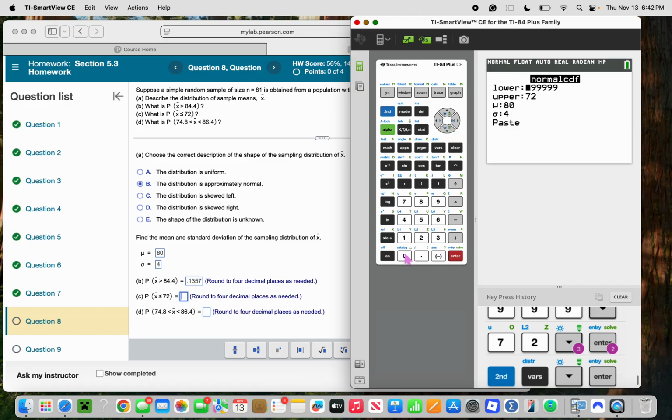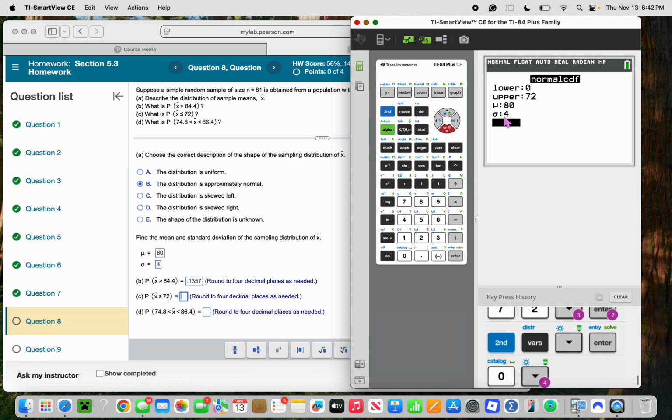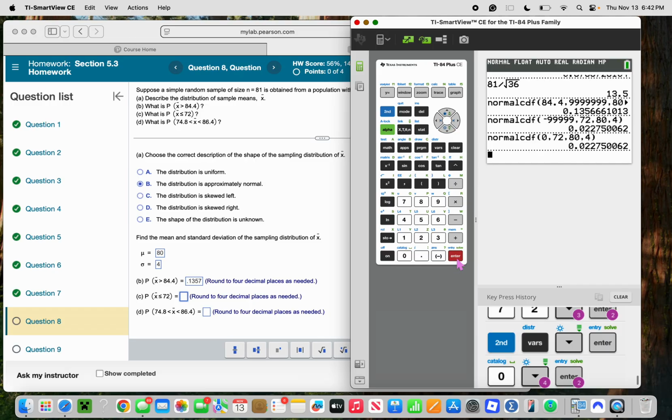And then 0, which is a significant amount smaller than 72, okay? Especially considering the standard deviations for it. Like I said, 68 to 92 is going to be 99.7% of all of our samples. So that's why I say 0 is significantly smaller than 80. And if you look, it's the exact same probability. So making this so much smaller in to the accuracy that our calculator gives us